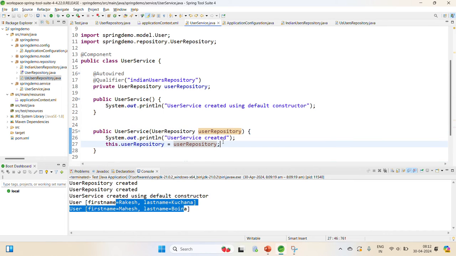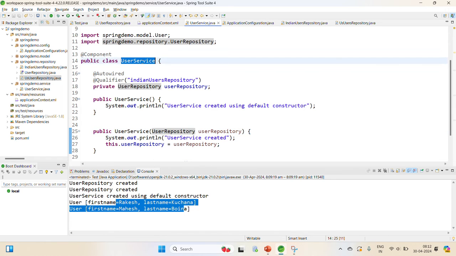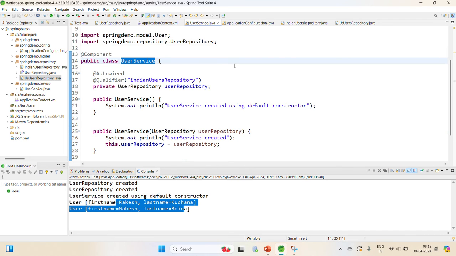The first thing we have to think is whether my class user service can survive without user repository. That means, can I go ahead with user service if user repository is not available? If you are able to go ahead, then go with the setter injection. That is okay. But if I don't want to go ahead without user repository, that means user service cannot go ahead without it,